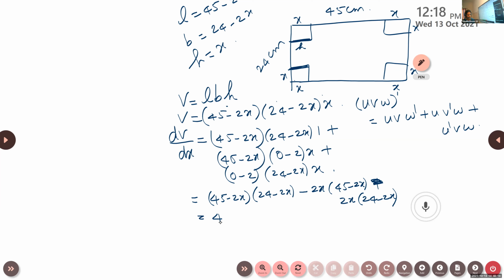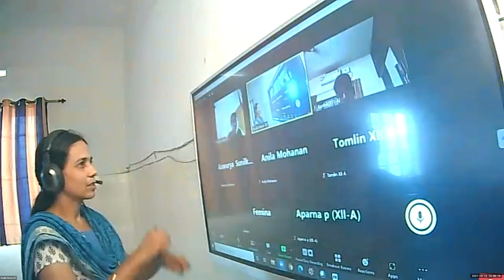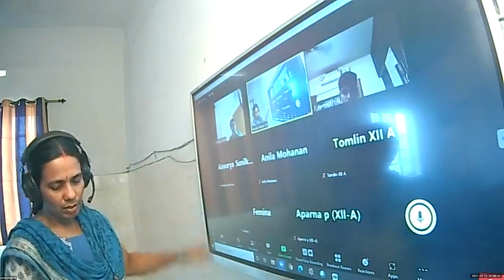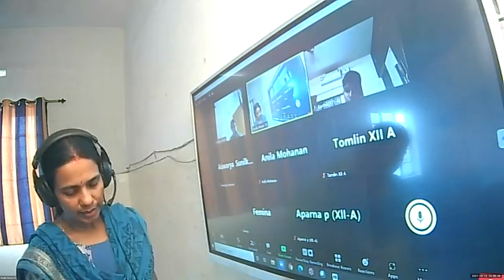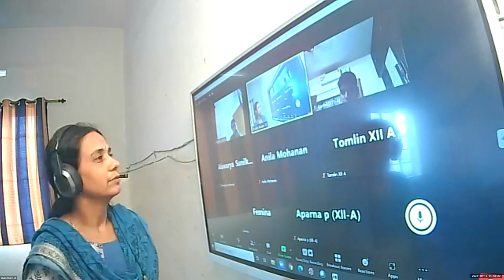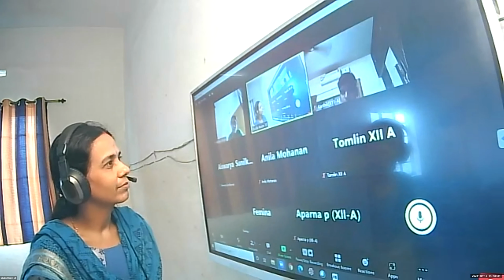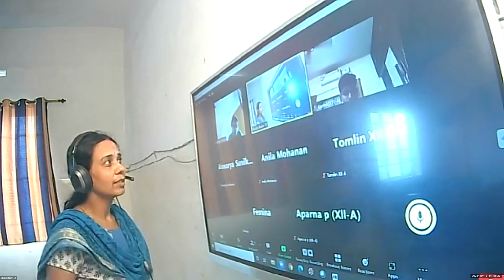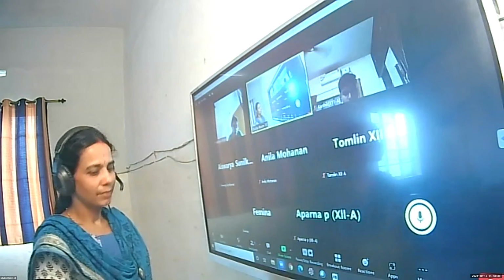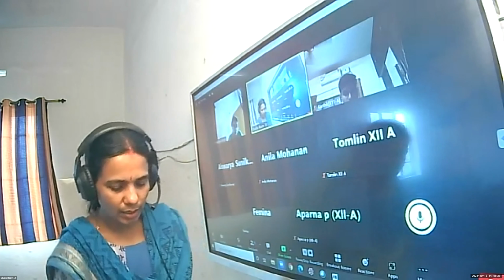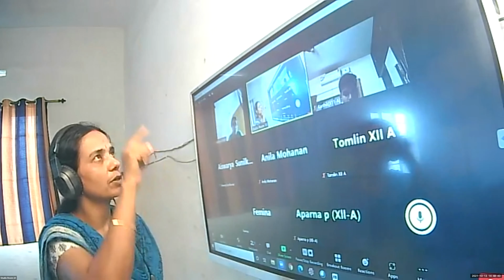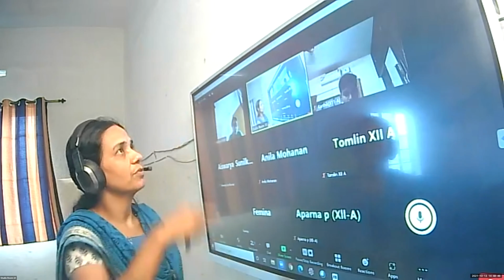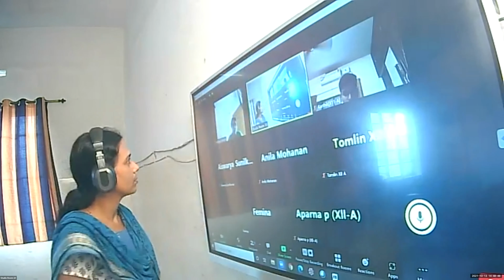But instead of doing it like this, you can think logically, isn't it? Actually, the length of the box is 45 centimeter. If we cut 18 from each side, is it possible? Instead of writing the steps, you can apply that logical part. Look at the options given there, 18 and 5. Instead of writing these lengthy steps, you can think it. If I remove 18 from the length, the breadth is 24. If I remove 18 and the other one 18, is it possible?